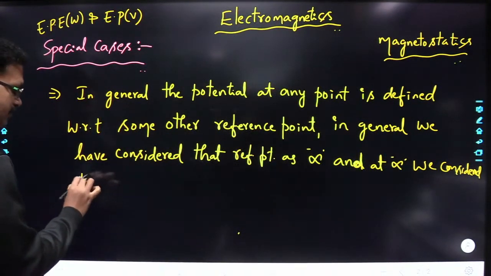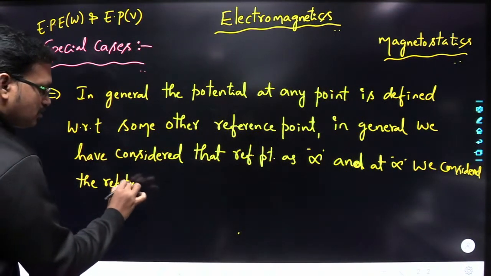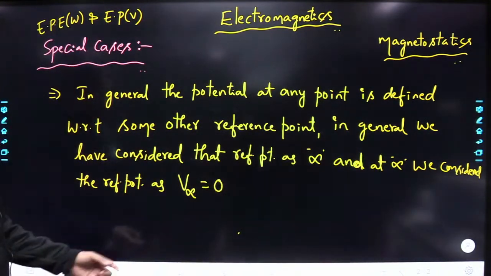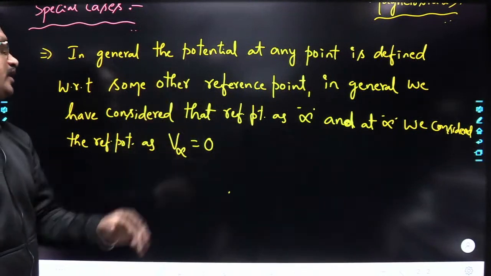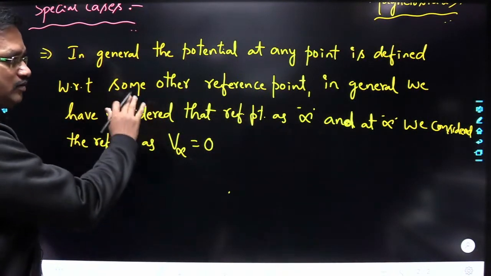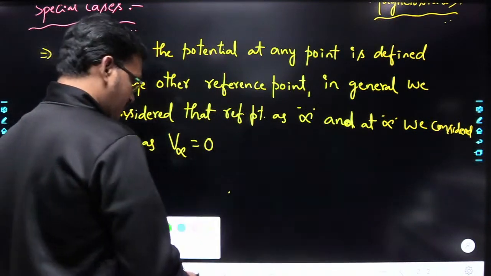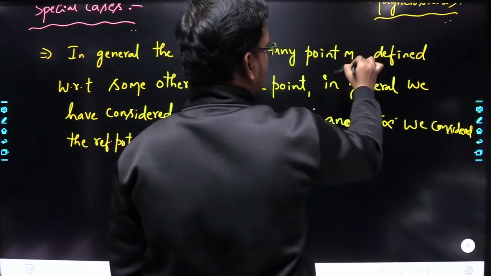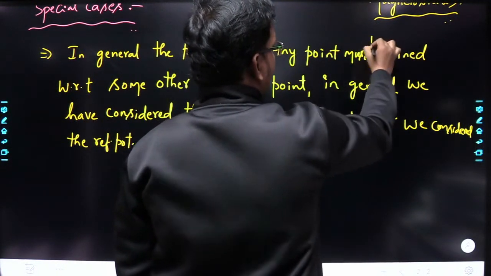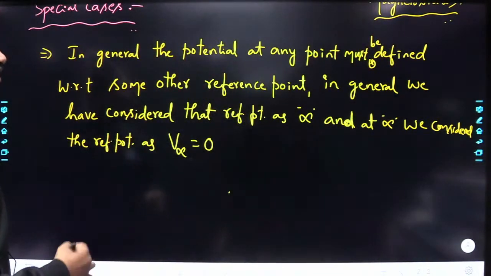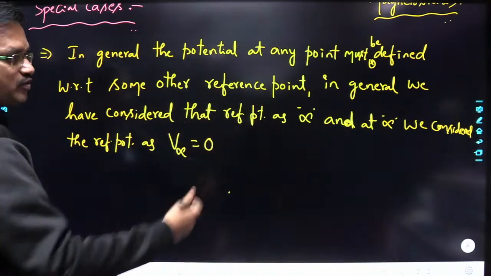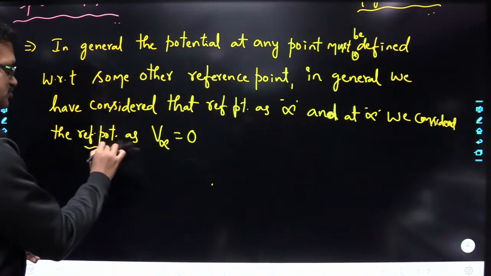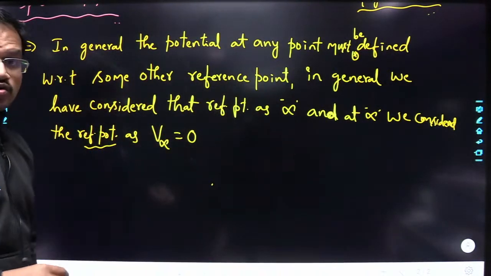the reference potential, yes or no, we considered the reference potential as V infinity, which is equal to 0, yes or no. So in general, the potential at any point must be defined with respect to some other reference point. We have considered that reference point as infinity, and at infinity we considered the reference potential V infinity, which is equal to